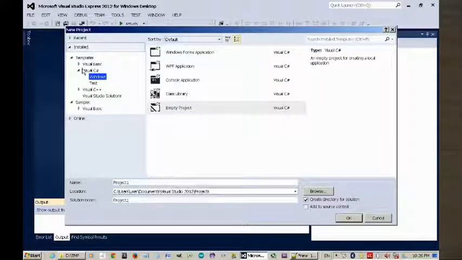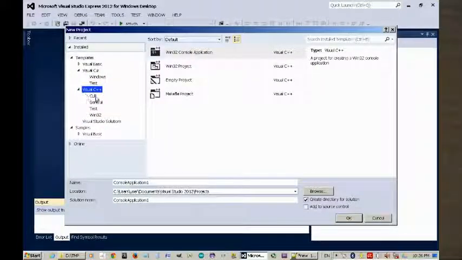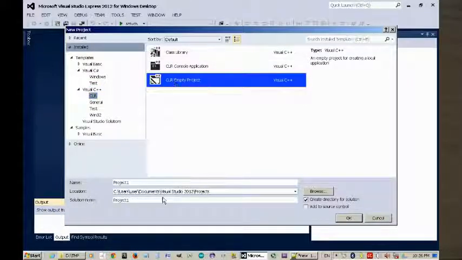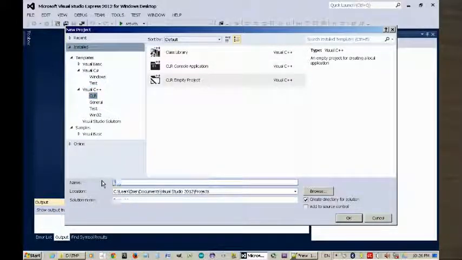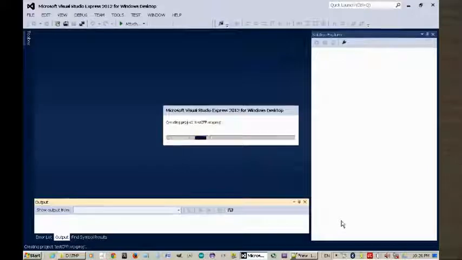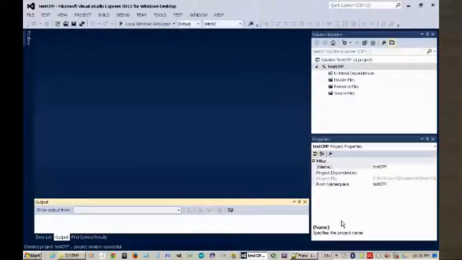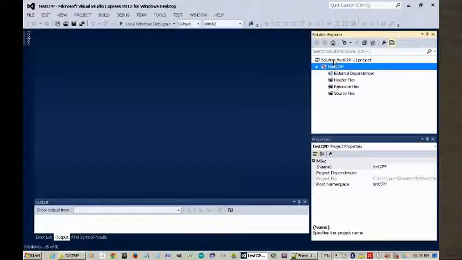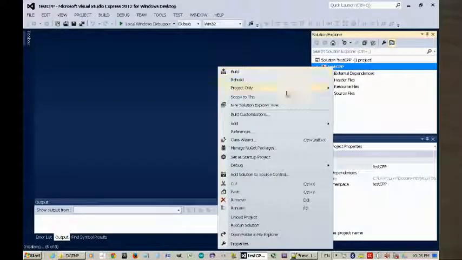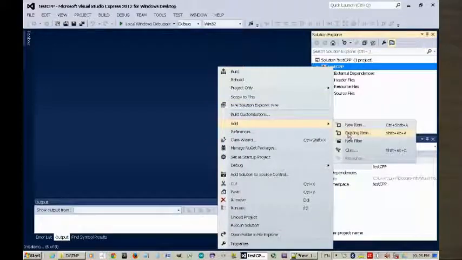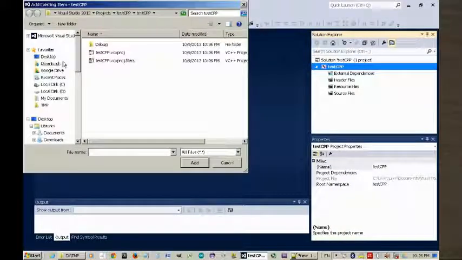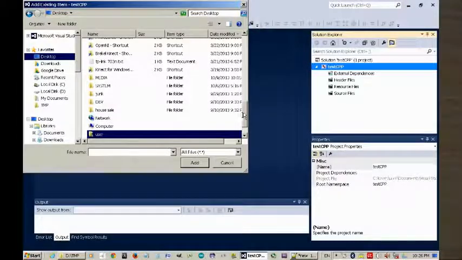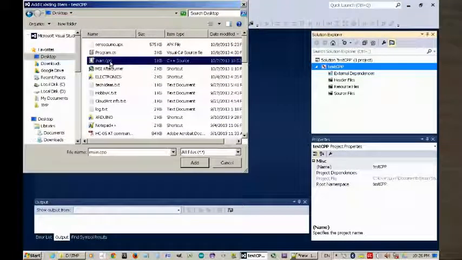C++, new project, CLR empty project, and let's just call it test C++. Okay, now we right click on the project name, not the solution name, and we will add an existing item. We're going to go to the desktop and we're going to look for